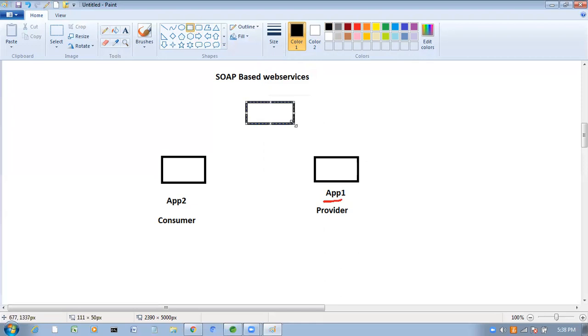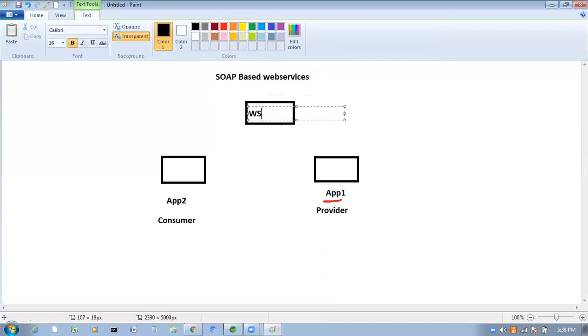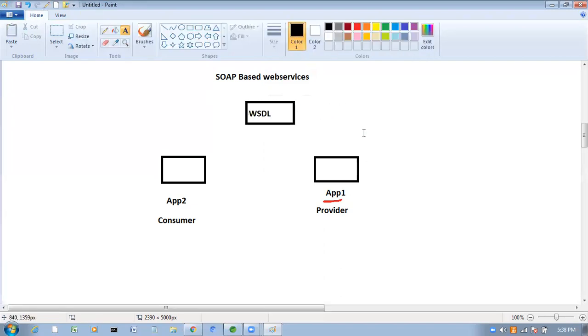Through this WSDL file, application 1 will provide the details to application 2.